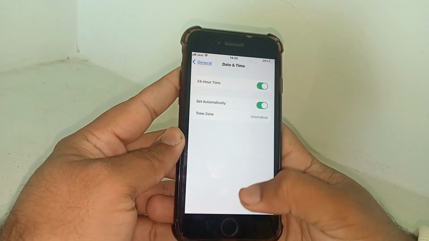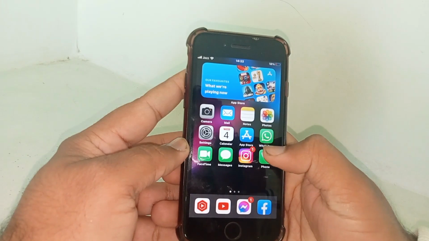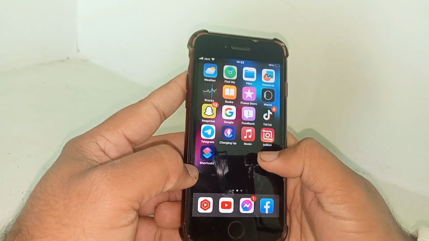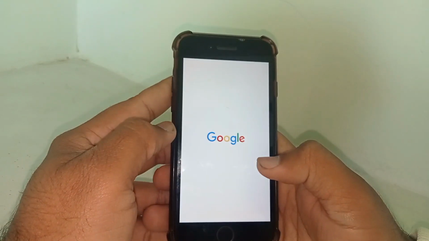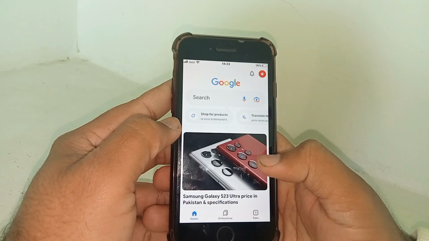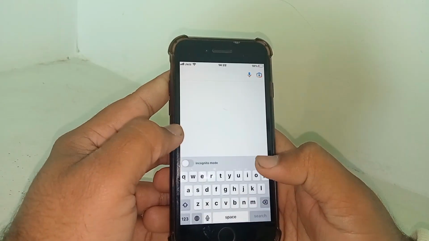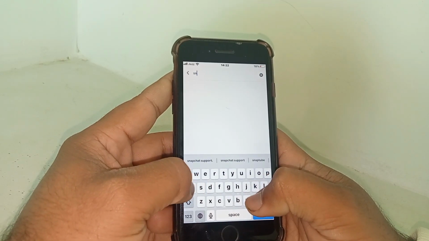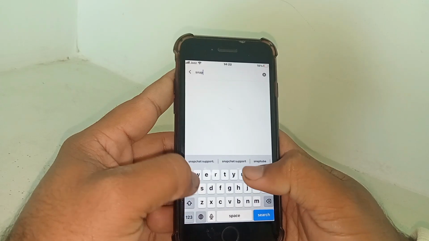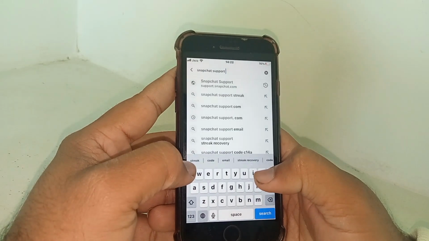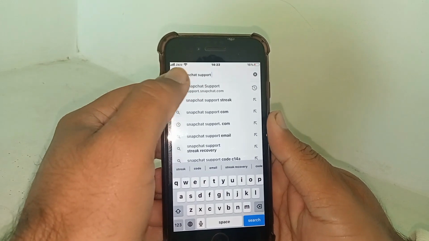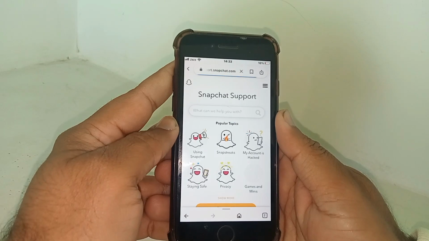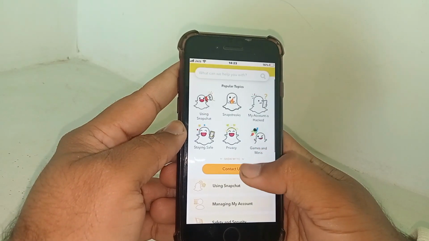If the problem is not fixed, then go for the next method and open any browser and search for Snapchat support and tap on this and tap on contact us